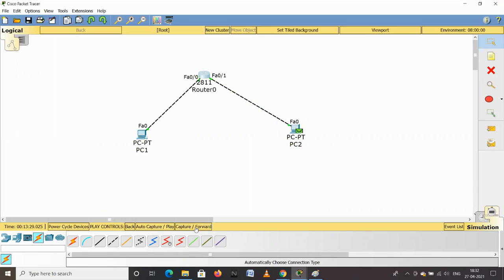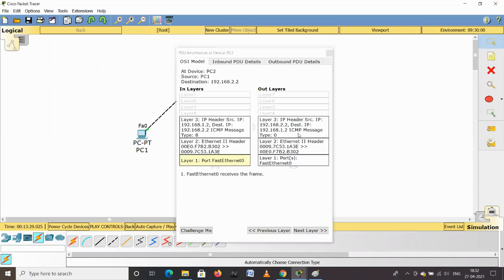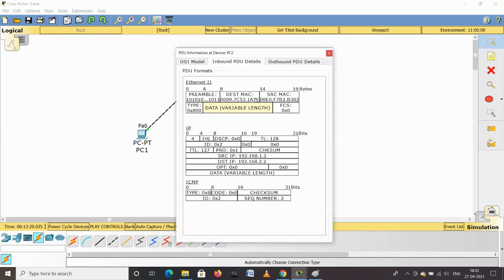अब PC2 ने जब पैकेट को रिसीव करके ओपन किया, तो इनबाउंड में देखा कि डेस्टिनेशन मैक खुद का मैक है, और सोर्स मैक राउटर के इंटरफेस का मैक एड्रेस है। ये ईथरनेट हेडर में देखा। जब लेयर 3 को ओपन किया तो देखा कि डेस्टिनेशन आईपी 2.2 यानी कि मेरे लिए है, तो इस पैकेट को रिसीव किया। आउटबाउंड में अब वो रिप्लाई देगा, डेस्टिनेशन 1.2 के लिए। इसको भी नहीं पता कि 1.2 का नेटवर्क कहाँ पे है, लेकिन ये रिप्लाई कर दे रहा है गेटवे के मैक एड्रेस पे, गेटवे अब उस पैकेट को फॉरवर्ड करेगा।